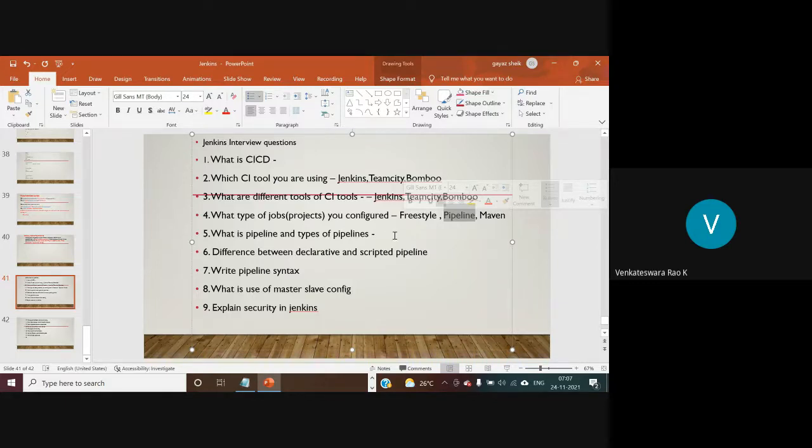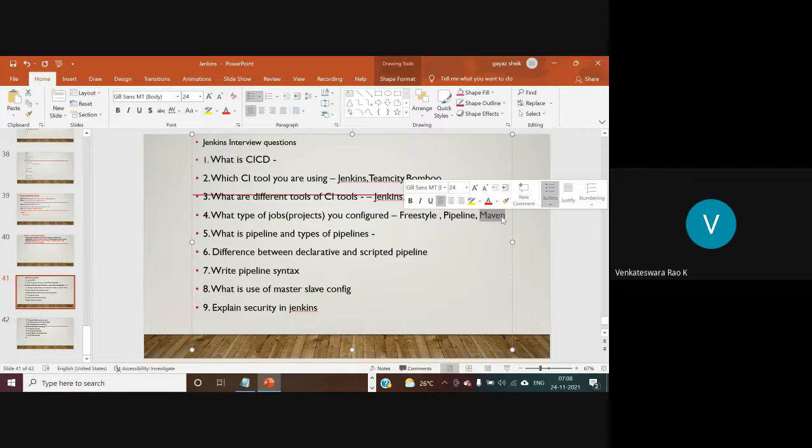Then they will ask what is a Maven project. For a Maven project, we need Maven software to be installed in our Jenkins server, and we can use Maven as a build automation tool for our projects. Build automation means we can build our project by using Maven.